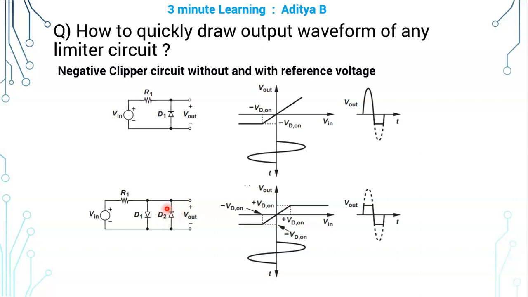Likewise, if you take a two-level clipper circuit, here the P side of diode D1 is connected to the output node, and the N side of diode D2 is connected to the output node. It means that transmission of the input signal below one diode drop takes place during the positive half cycle because the P side of D1 is connected to the output node, and transmission of the input signal above one diode drop takes place because the N side of diode D2 is connected to the output node. The negative cycle is also clipped. So it is a two-level clipper circuit.